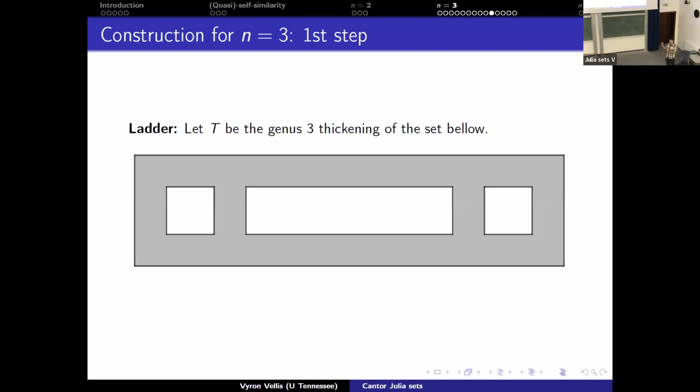Again, this looks like a 2-dimensional picture, but think of a 3-dimensional ladder. Okay, so this is a thickening, and this is my genus 3 object. And what I would like is to put genus 3 objects inside this one, linked in some weird way. So think of it this way. You take this ladder, I'm going to call this a ladder, and you rescale it, and you place rescaled copies of this ladder vertically in this picture. Okay, so you put a chain of ladders inside here vertically, you put a chain of ladders inside here, and you put a chain of ladders linked vertically again inside here.